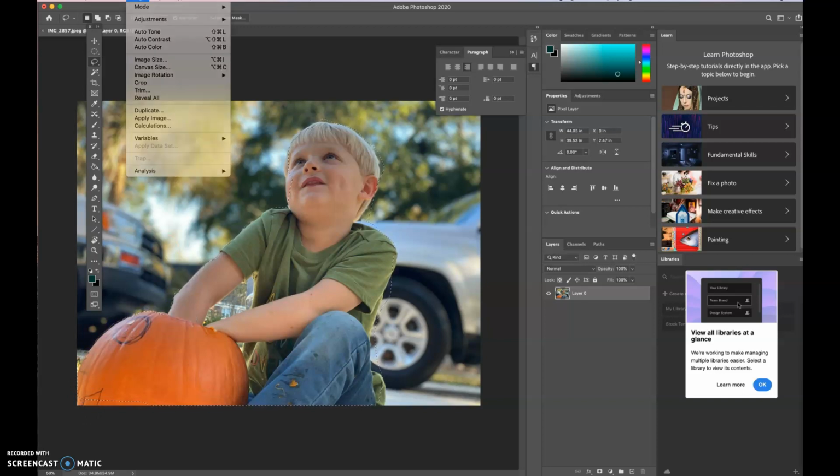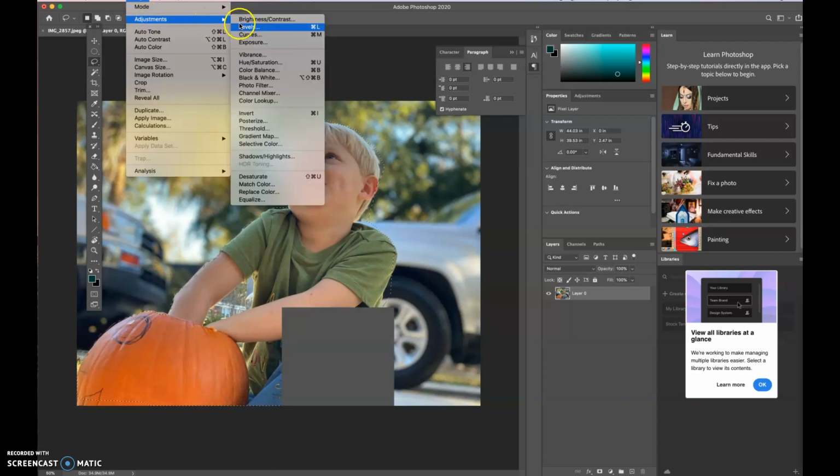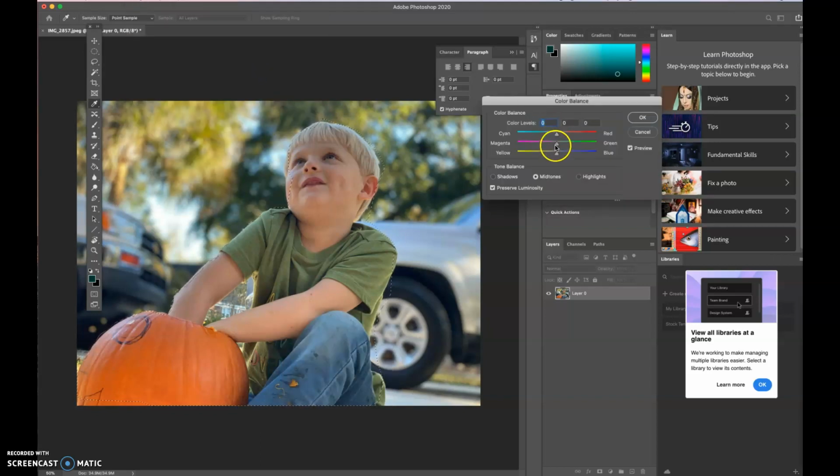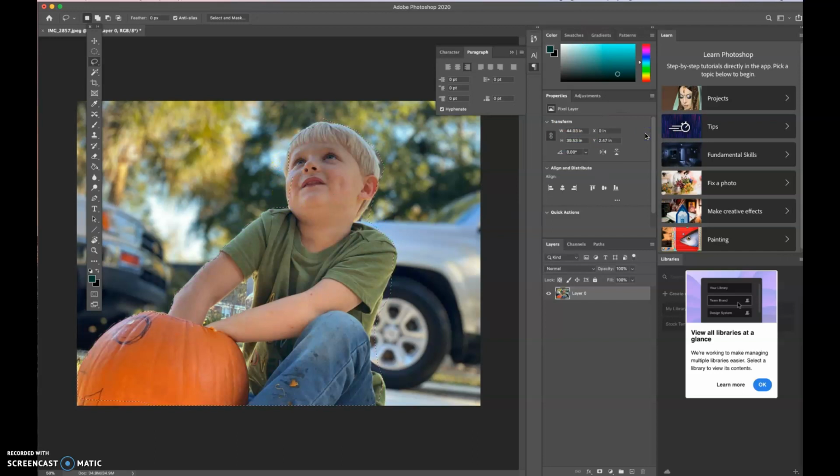So if I wanted to make an adjustment of color balance, for example, and make him more magenta for some weird reason, you can see it's not the best selection. It works for some things, by the way. I'm not suggesting these are not good for anything,